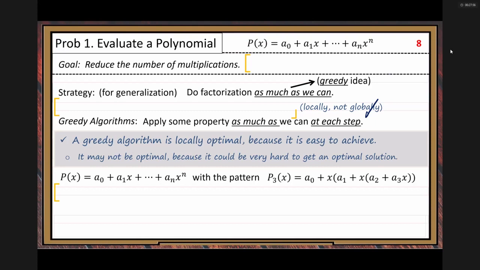Look at the cubic polynomial, the factorization pattern we have. Using this example as the model, we want to do the same thing. As a result, we keep doing factorization round by round,